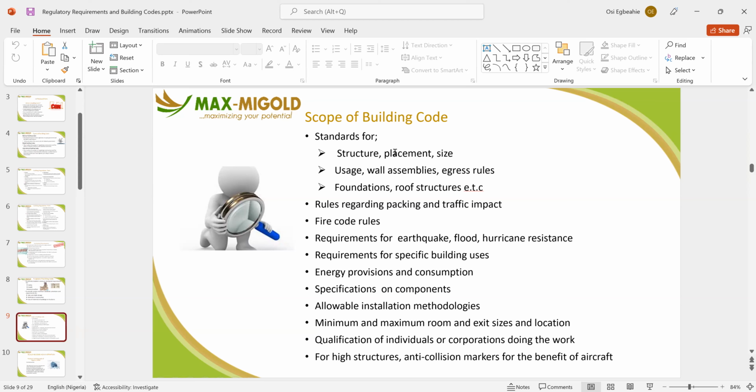Now, for buildings like churches, theaters, or general educational buildings or office buildings, you are required to produce what we call the transportation impact analysis, while you also provide the environmental impact analysis. The environmental impact analysis is to check the impact of your structure on the environment. Will it be good? Will it be bad? If it is bad, government will not give you approval. If it is good, of course, they'll give you approval.